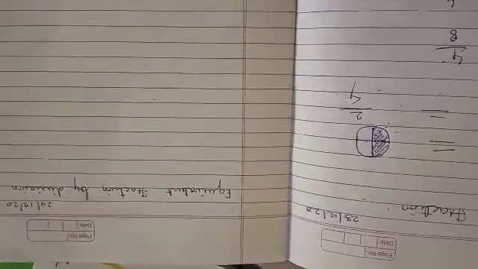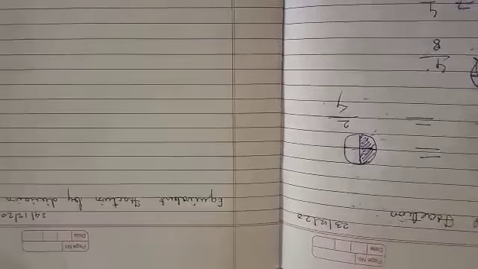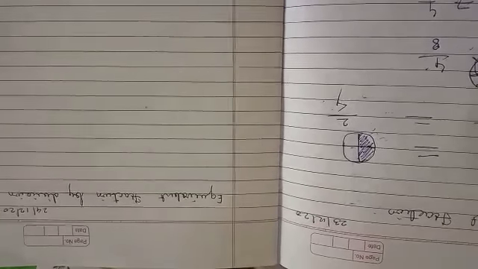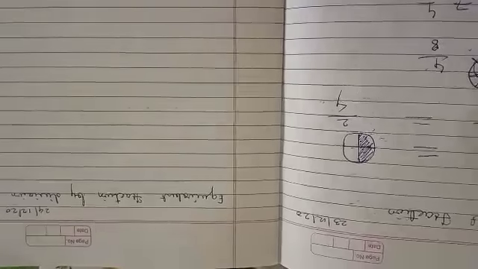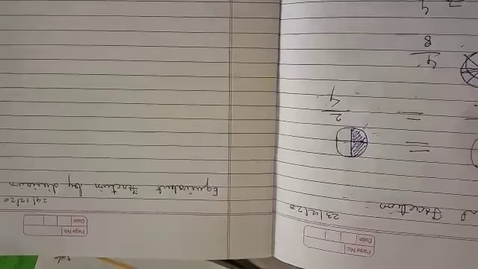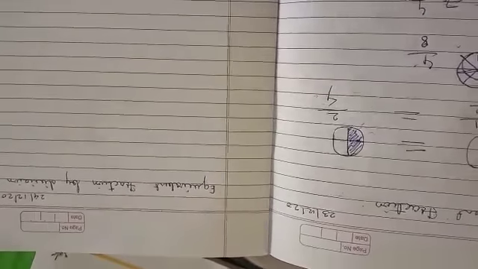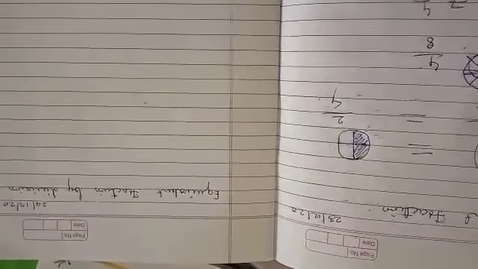In our last video, we learned what equivalent fractions are and how to obtain an equivalent fraction by multiplication. Now, you know children, multiplication and division are inverse operations of each other, as multiplication is repeated addition and division is repeated subtraction. So if we obtain an equivalent fraction by multiplication, can we also obtain an equivalent fraction by division? Yes, of course. And in this video, we are going to learn how to obtain an equivalent fraction by division.